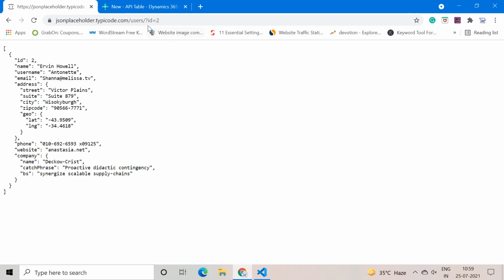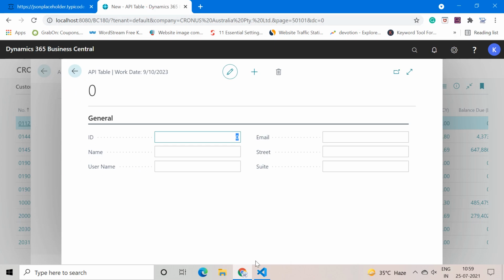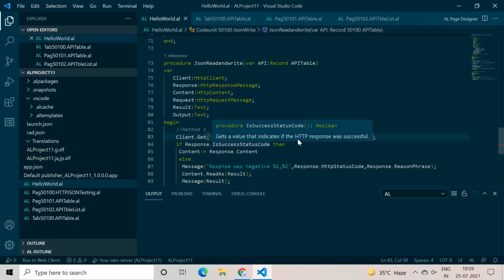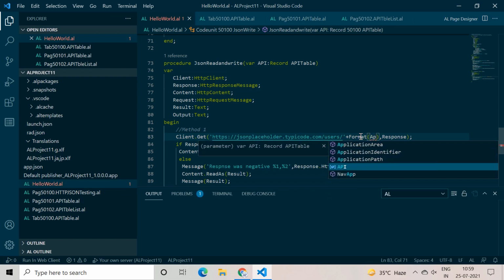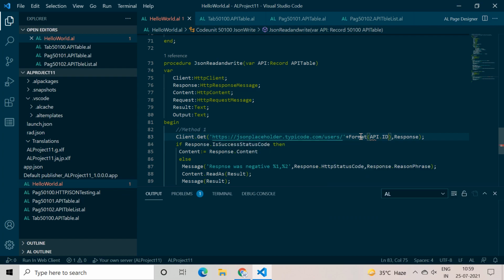So the same kind of thing we also want to do in our code. Along with this main URL, which includes the users page, we want to pass the value of the ID. So how can we do that? What we can do is, along with this main URL, we can add our field value, which is api.id, right?